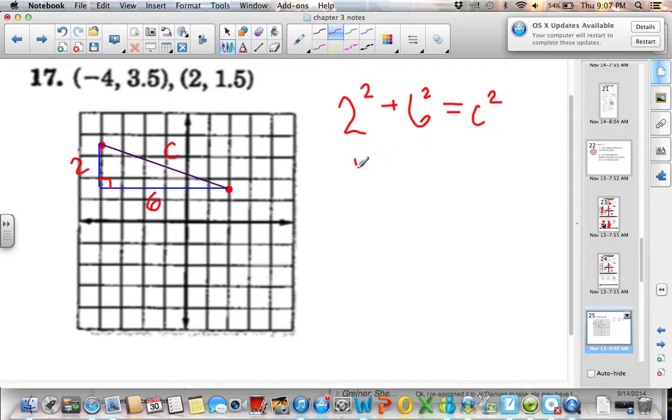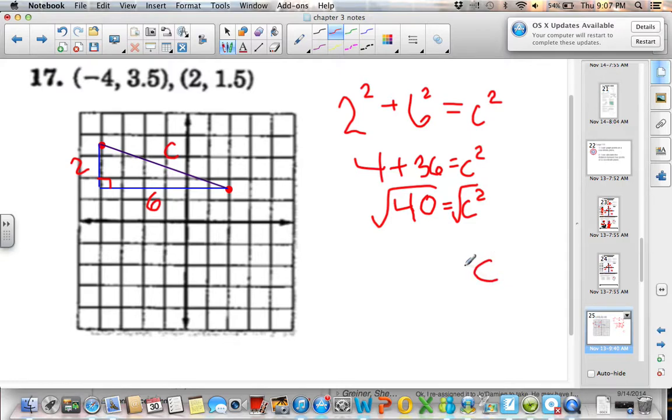Okay, so 2 squared is 4, 6 squared is 36, equals C squared. 36 plus 4 is 40 equals C squared. Take the square root of both, and you're left with C equals